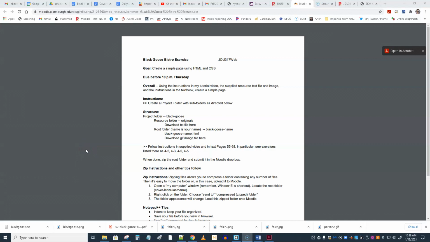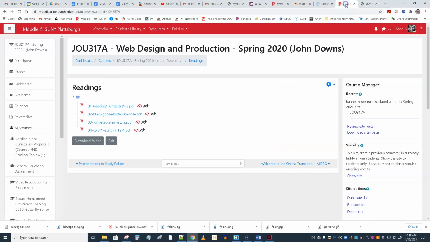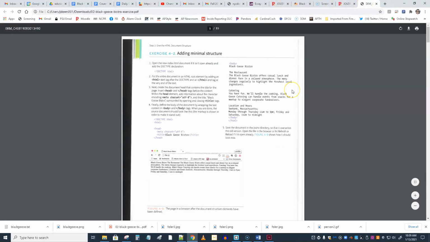Okay, and we're back with the exercise on the instruction sheet. We've made our folders, we downloaded the files, and it says follow the instructions in the supplied video, that's this, and the text pages 55 to 68. Well, I wanted to show you those pages, which I have now misplaced. Oh, they're there. Okay. Well, actually, this is not 55. This is like 56 or 57 or something. But it is really important that you back up to about 55